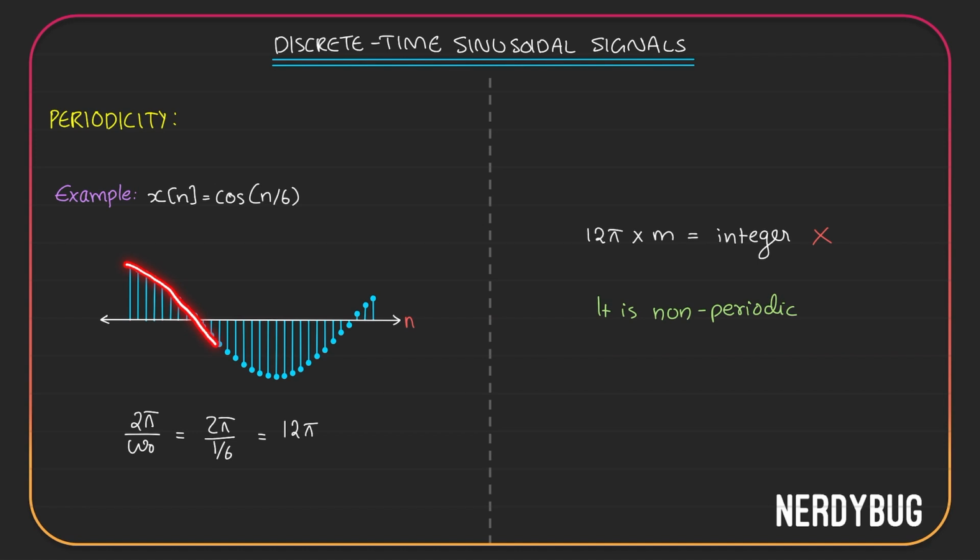See, the envelope of this signal, the continuous time version of this signal, is very clearly periodic, but the discrete version is not. Now, we have seen so many similarities between discrete time signals and continuous time signals, and this is a huge difference between them. A continuous time signal which is periodic might have a discrete version which is not periodic.